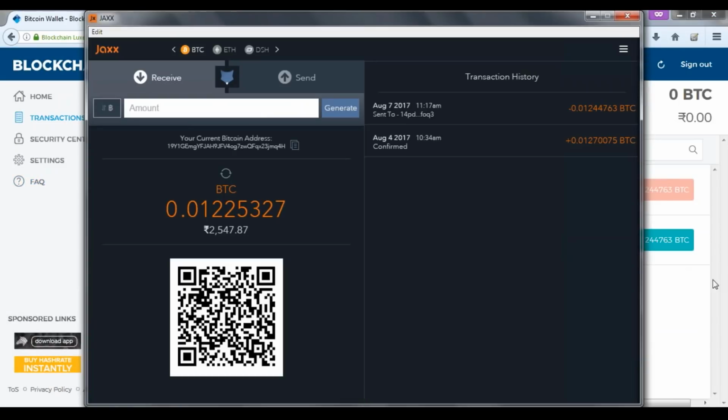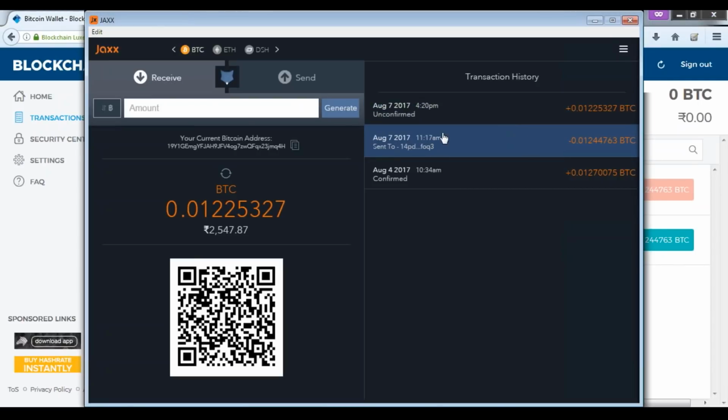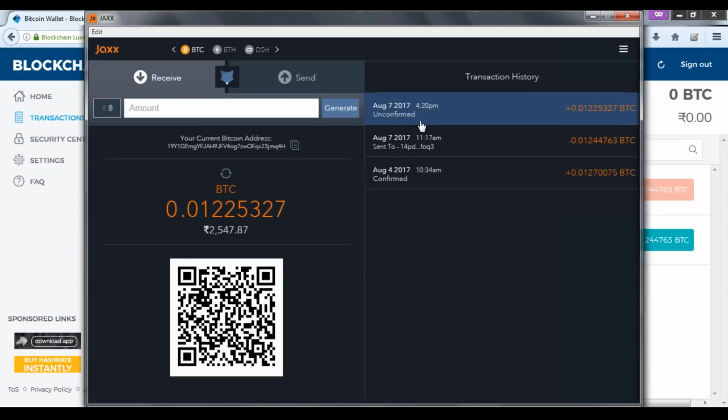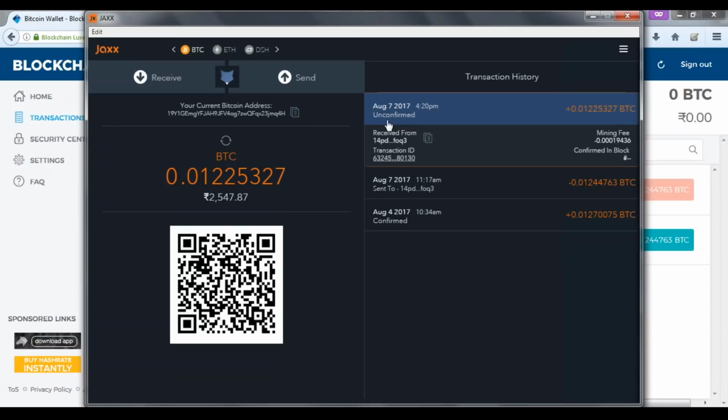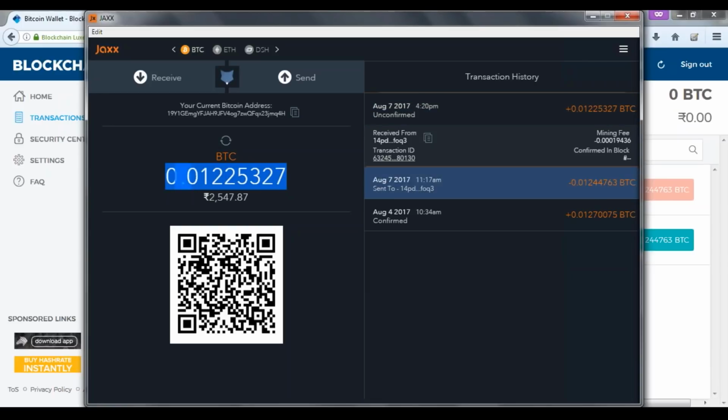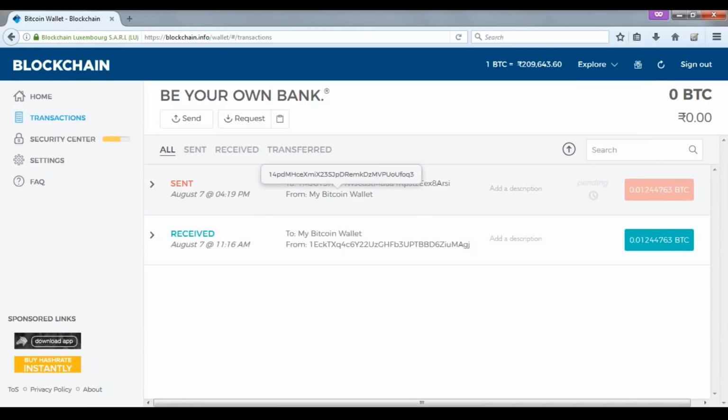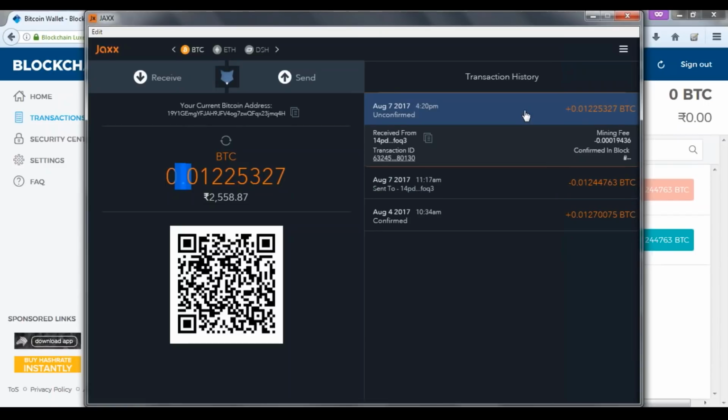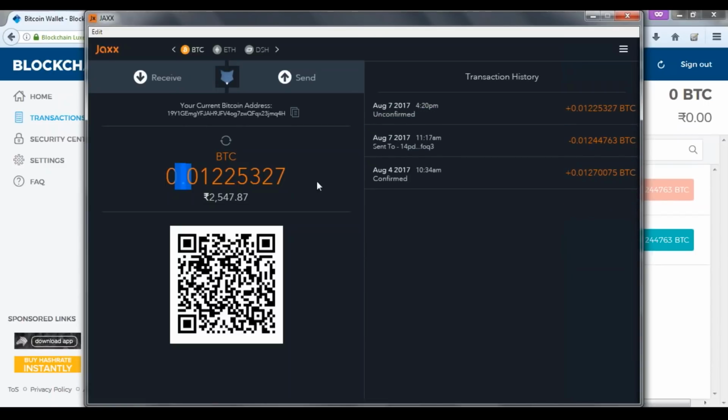Come back to Jax and let's wait. Now if you see here, the transaction has been added and my Bitcoin wallet has been updated with respect to that. But there's one thing here, it tells me that this transaction is not confirmed. That is, there's a specific time that it takes for it to get confirmed. So this has to be verified and validated and added to the blockchain, and only then will this transaction get confirmed. As this had been set as a priority, it may take somewhere close to 1 hour at max to get confirmed. This is just the maximum situation. There are times where it gets confirmed instantaneously as well. So let's just keep waiting.